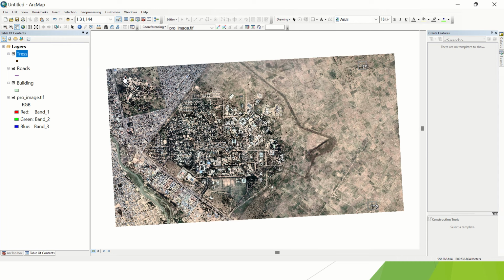Having created our shapefile, the next step is for us to start editing. For some of us that are new to the ArcGIS environment, you need to bring in the editor tool. The editor tool can be brought in using this editor toolbar option here, or you can go to